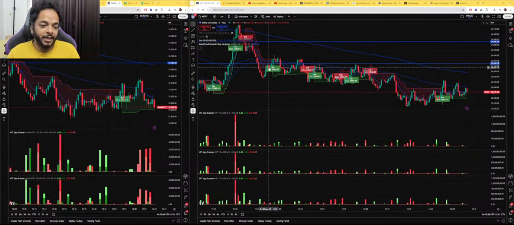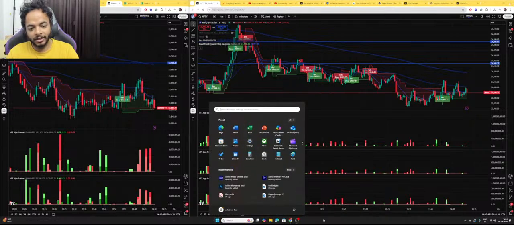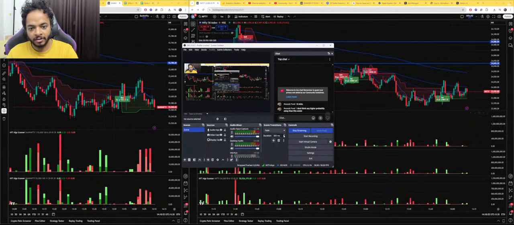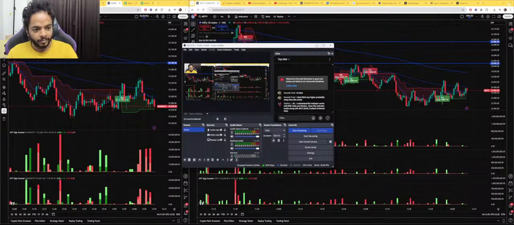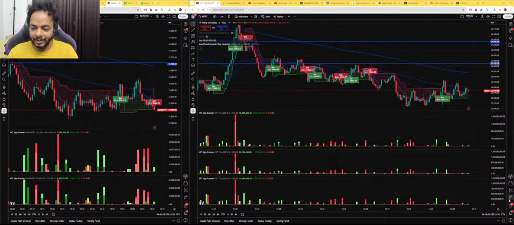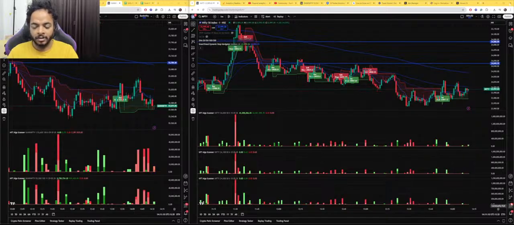But the scalping part, I have to think about. Oh no, the main point is that this indicator we can make it work with the